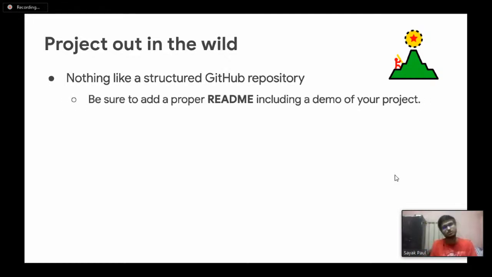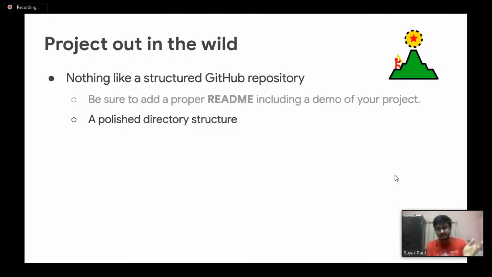Be sure to include a proper readme, which would include a demo of your project, because that will help anyone understand what the project is all about, right? Be sure to put all the little nitty gritty details of your project in the readme, and if possible, try to always include a demo of your project in terms of videos or pictures or whatever you find necessary. And also structure your code directories really well, so that it appears well structured and cleaned up,